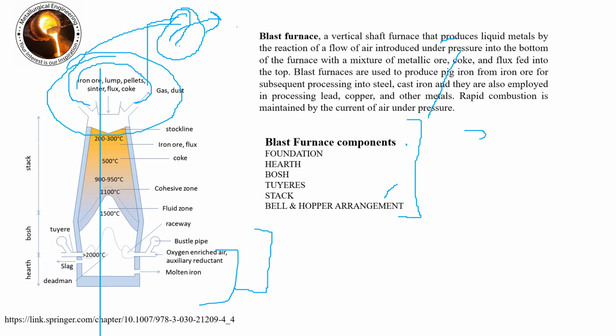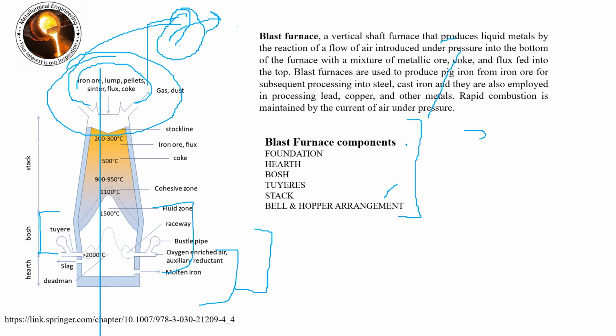In the earlier days, firebrick was used to construct the hearth, but nowadays carbon blocks are used in modern blast furnaces, and water-cooled copper or steel plates are laid in the side walls to protect the lining from excessive heat. And above that, this component is termed the bosh. The bosh is the zone of intense heat where the major high-temperature process is done. We will see what reactions occur in it.